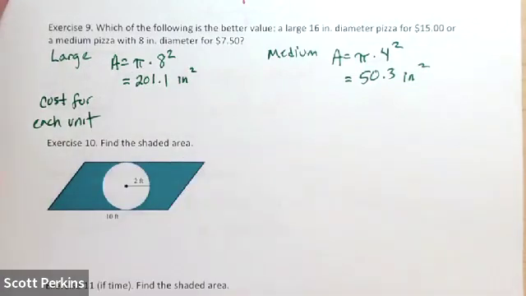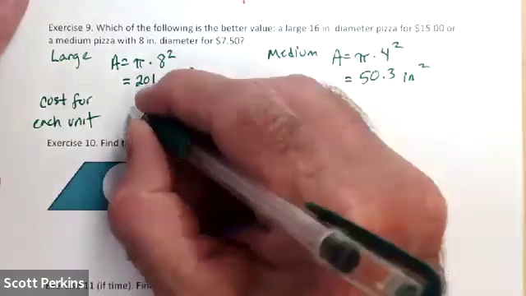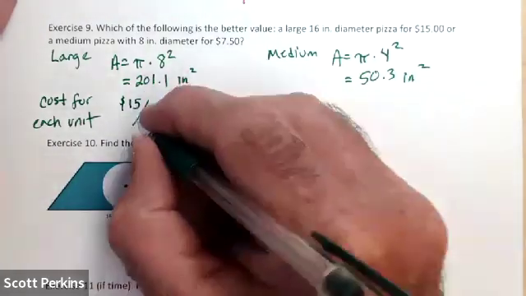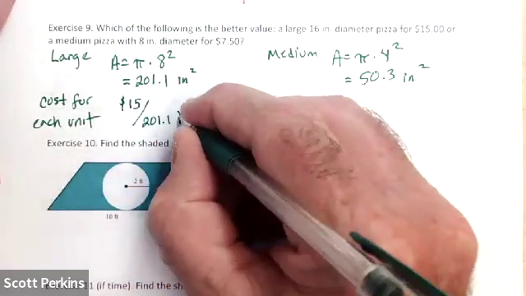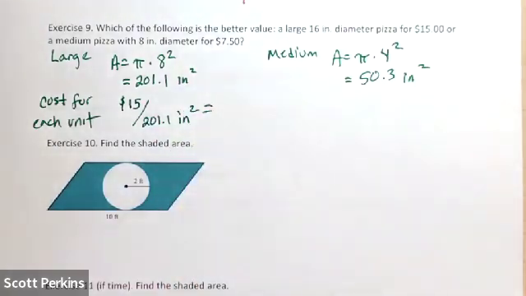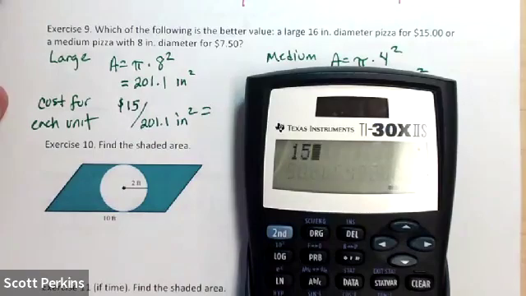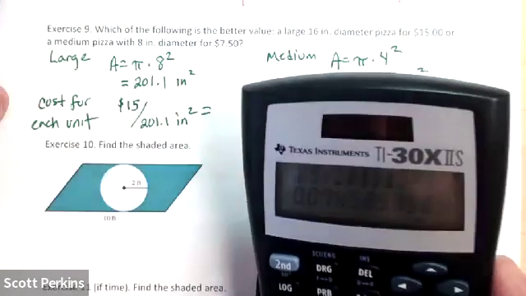So the large one is going to cost $15. So what I'm going to do is I'm going to say, okay, that's $15 for, and what I get is 201.1 square inches. First time through, I'm just going to round this to the 10th. If we need to go back and round it more, if it's that close, then we can. And so when I take my 15 and I divide by 201.1, I get that cost